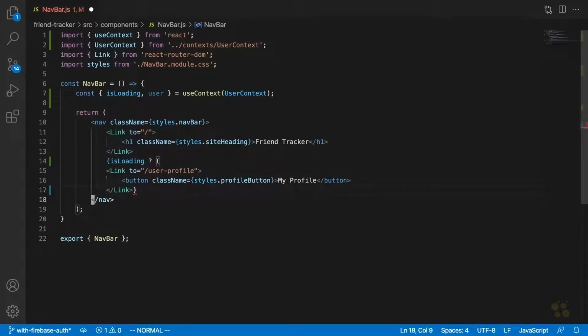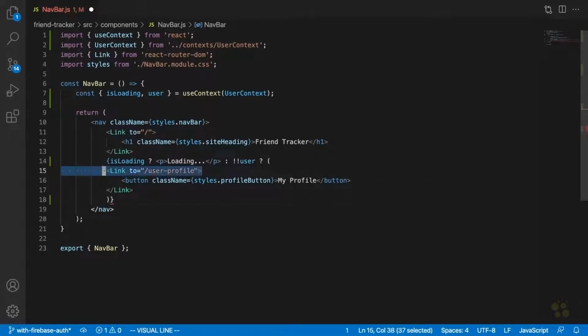Okay, and if it's loading, what we're going to do is we're going to display just a basic loading message here. Again, you can display nothing if you want, just by putting null there instead. Right? If it's loading, it's going to display that. Otherwise, it will check if the user is logged in or not by saying !user. Okay, if the user exists, we want to display this My Profile button, and we want to display a